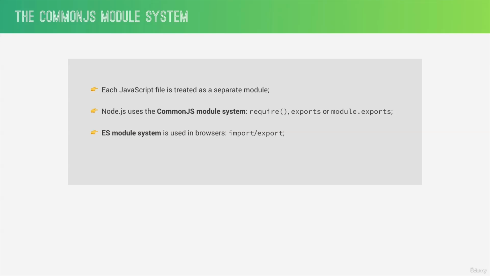So I just wanted to make it clear that these are two different module systems that you will see in different situations, so don't be confused. There have also been attempts to implement native ES modules in Node.js, especially using file extensions like .mjs, but so far it's not really become a popular thing to use. And so unless you're watching this course in the far future, you will probably always be using the CommonJS